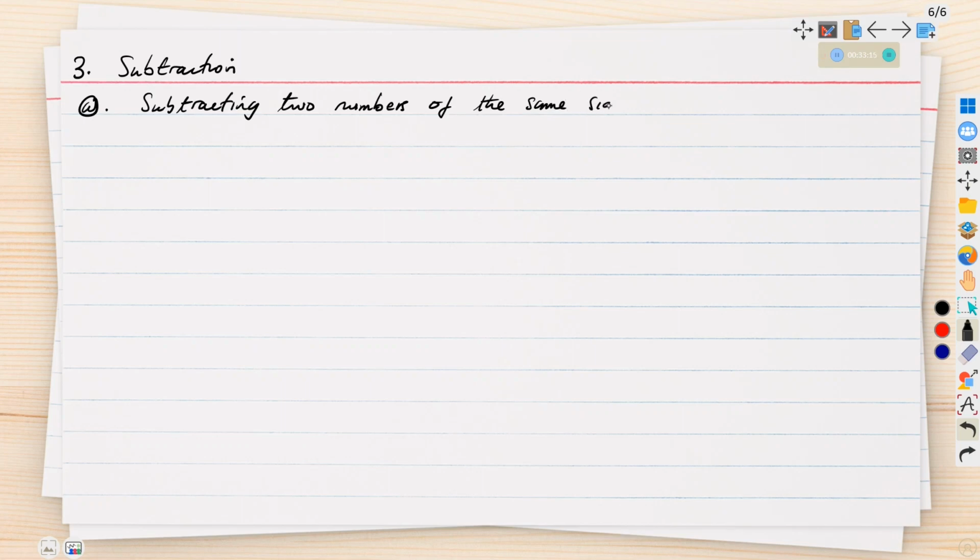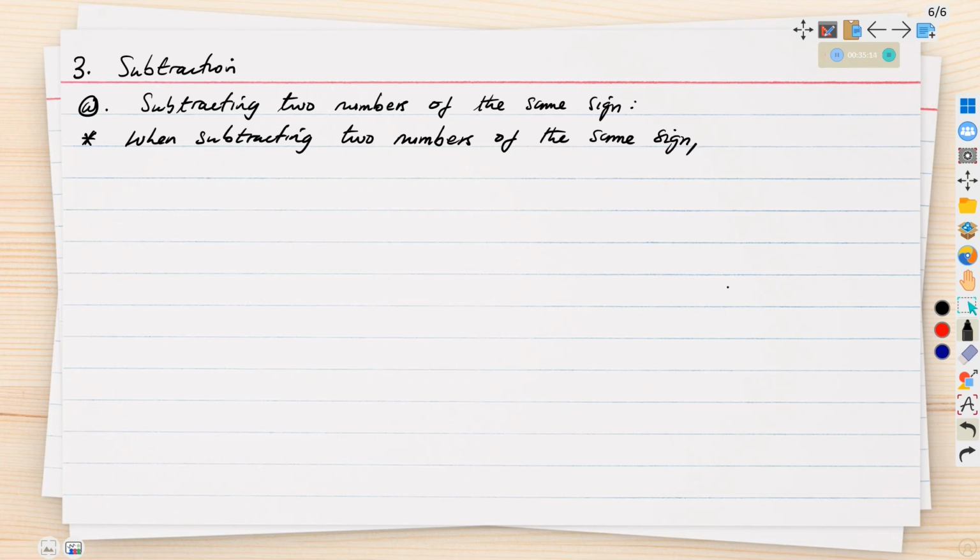You are subtracting two numbers of the same sign. So here the rule is that when subtracting two numbers of the same sign,